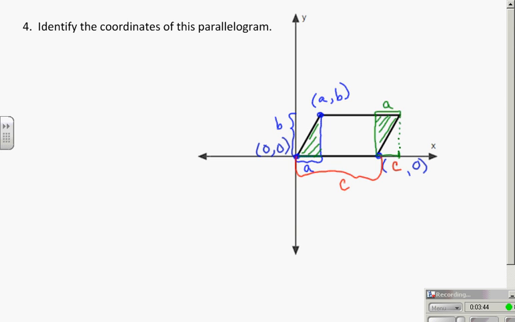So to get from C out to this point, to get this coordinate, I went over C units, and then I went over A more, and so that is C plus A. And because this is a horizontal line, I am B high in my coordinate system. And that is all there is to using letters only. Those right triangles and parallelograms and isosceles trapezoids are very pivotal in knowing how to relate coordinates with variables and using the fewest number of